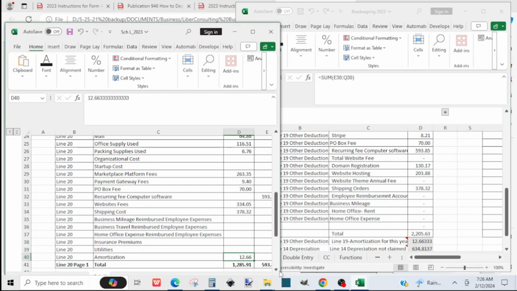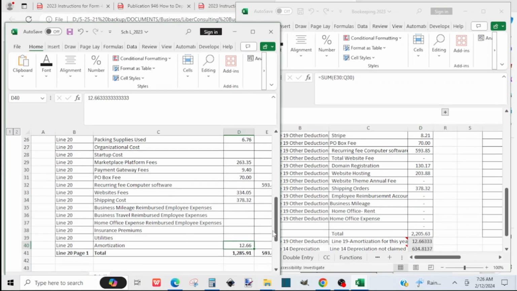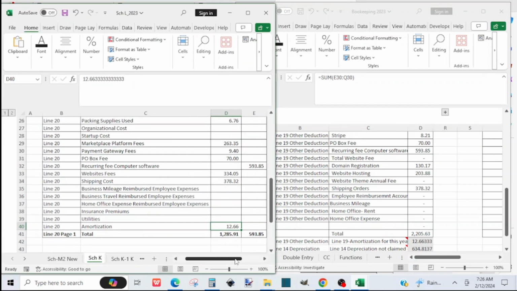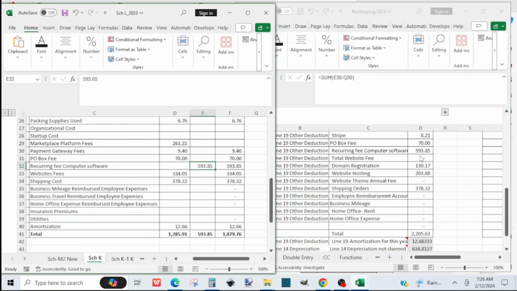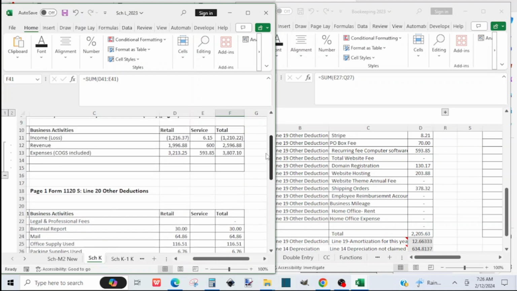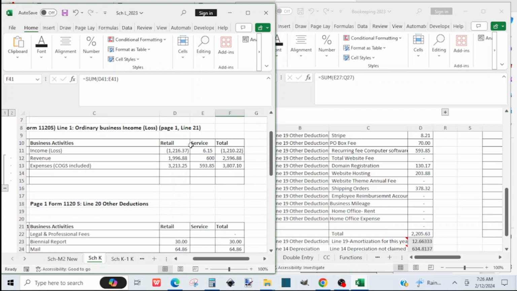But you can see we have the software on the line here, and it is service related, and that's where that 1880 came from. Okay, that makes sense. We separated between retail and service, and by doing that we separate the income between service and retail as well. The expenses include the cost of goods sold, and that gave us the gross